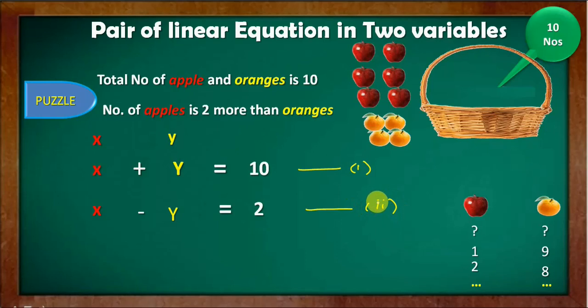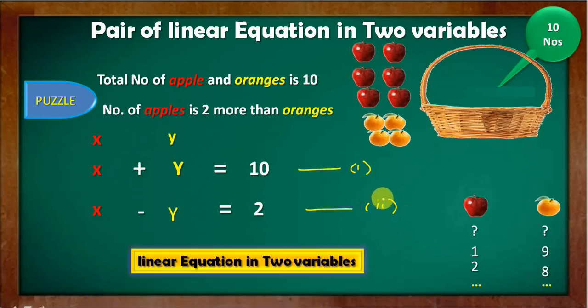Now this is called a linear equation in two variables. If you see here, this is a linear equation. Why linear? Because the power of x and y both is 1. So the degree is 1. Highest power is 1. Also here, the degree is 1. And since I have two equations and I have two variables, I say linear equation in two variables. So which are the two variables? x and y. So this is my linear equation in two variables. This is also my linear equation in two variables.